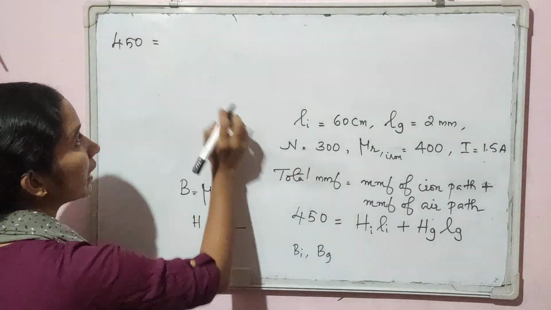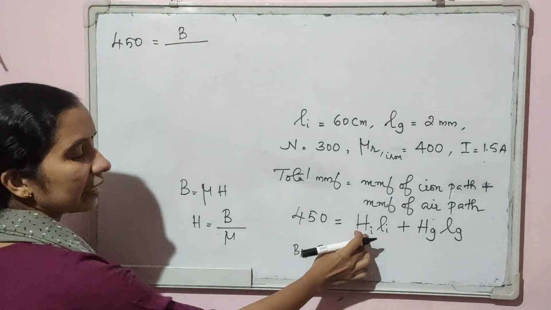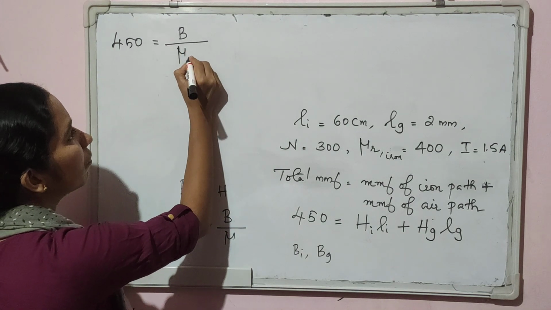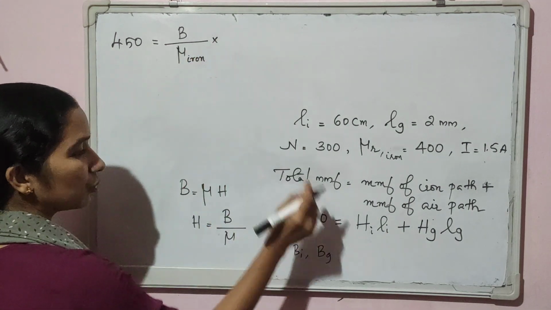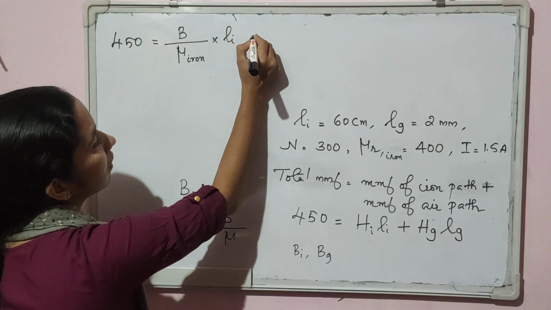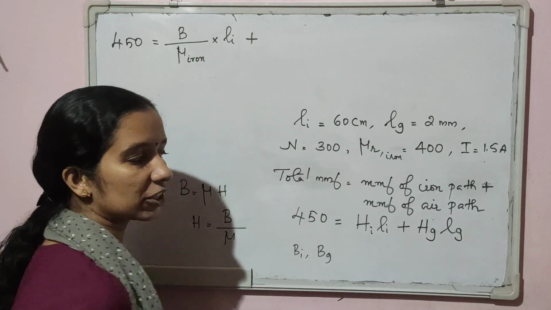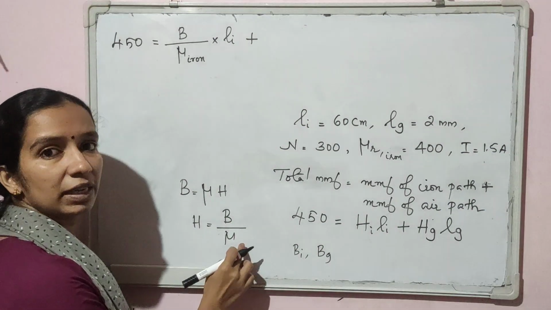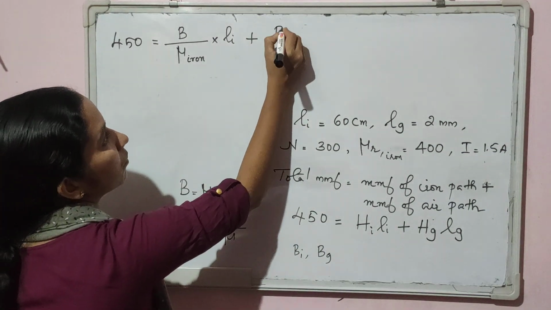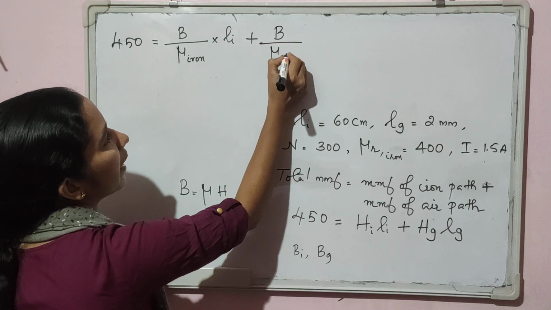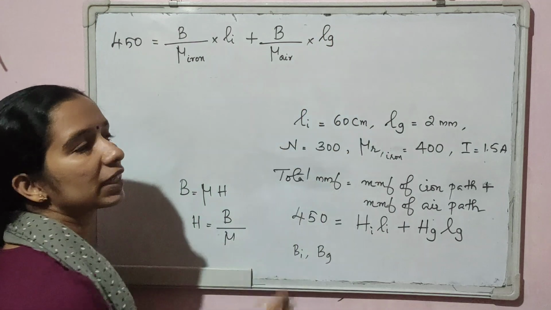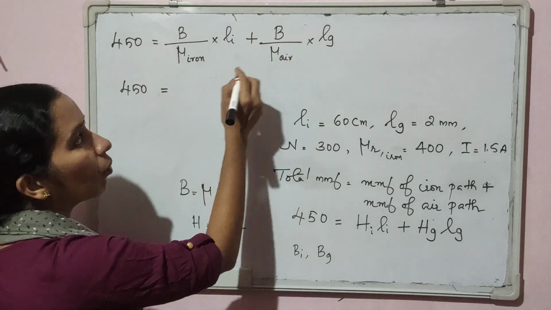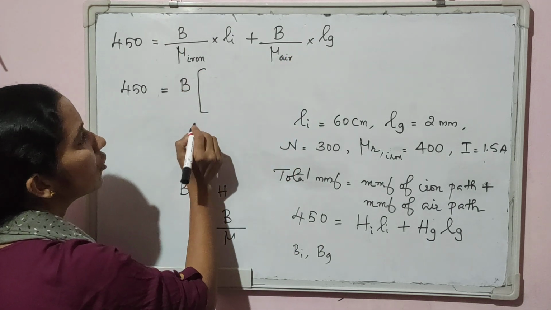So Hi, the magnetizing force of iron, can be replaced as B divided by absolute permeability of iron, into Li, length of iron path, plus Hg. Hg is the magnetizing force of air gap. So it can be written as B divided by absolute permeability of air gap, so B divided by absolute permeability of air into length of air gap, that is Lg. Now that becomes 450 is equal to, B is common, so we can take B common outside, into Li,